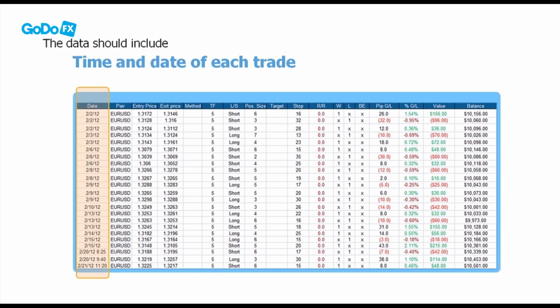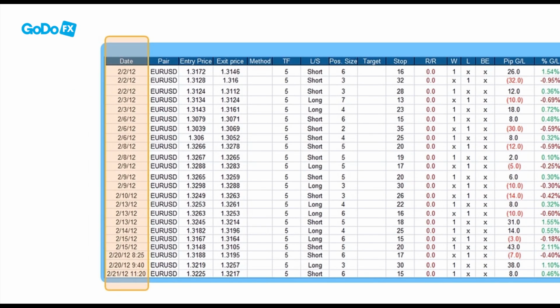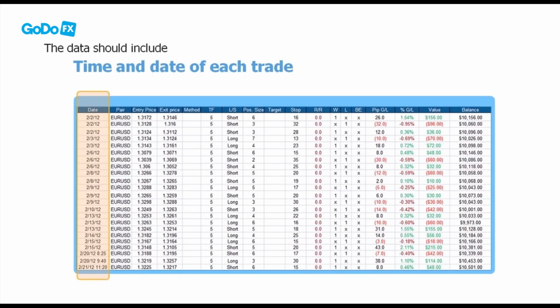First of all, you need to record the time and date of each trade. This is needed so that you can check and reference your trading after your trading session has finished. There may be times where your strategy is not particularly profitable, such as specific days of the week or particular times during the day. You can ascertain this by recording the time and date of your trades. This data is especially helpful to see how the price action looked at the time when you entered a trade